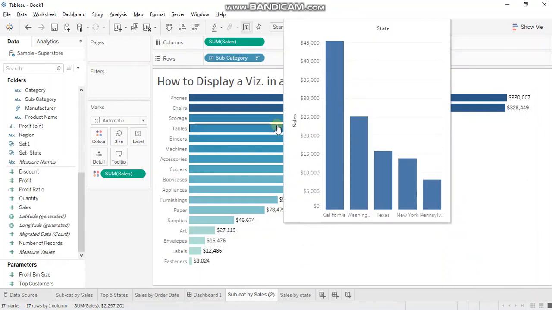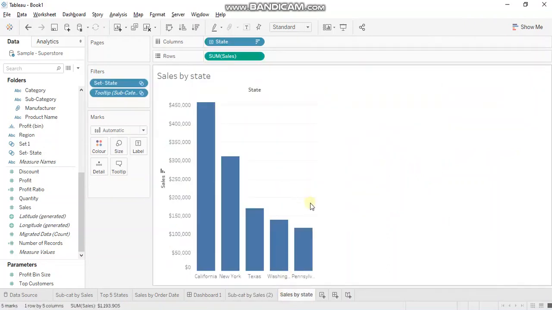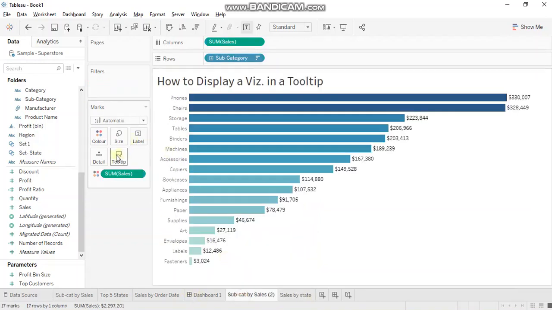But it's only showing the states which have already got filtered over here. It's not taking into consideration the states from the data source directly, which might have already occupied a space for a particular subcategory in top 5. So for that we'll have to make a small change, but for that change we'll have to understand the filter